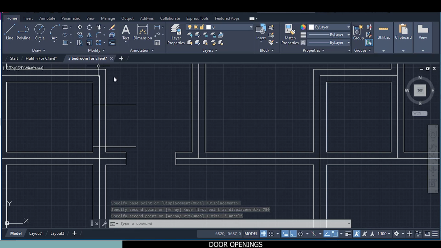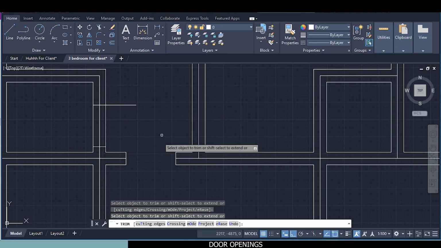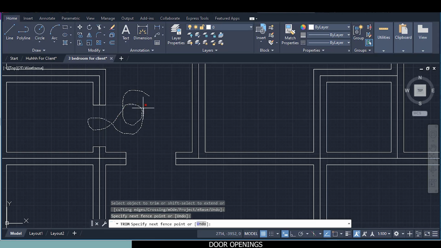So I want to delete this and delete this now. Yeah, trim, click once, trim this. If you want to have fun with it, you can just click and drag, dragging, dragging, dragging